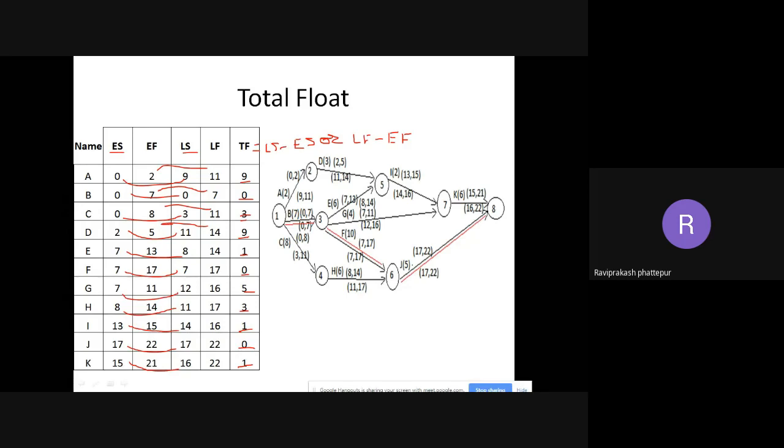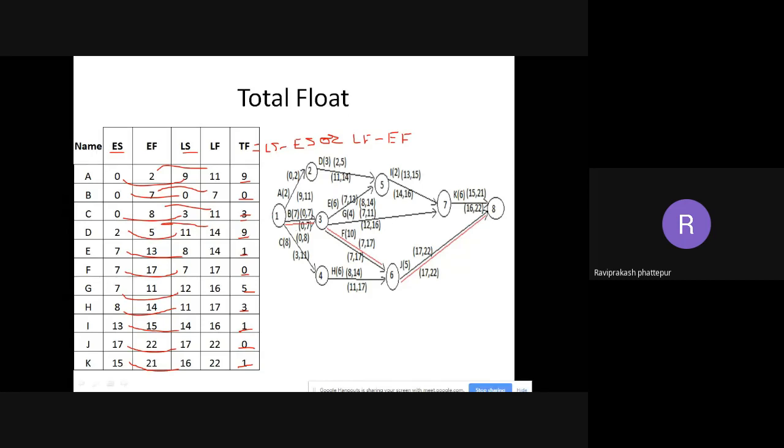This is the total float that we are getting. This diagram, this table, we need to draw in the examination. If they ask you for total float, fine. If they ask you just for early start and early finish, then remove the float column and write the rest again. Okay, so if you see here, focus, what is our critical path? 1368.